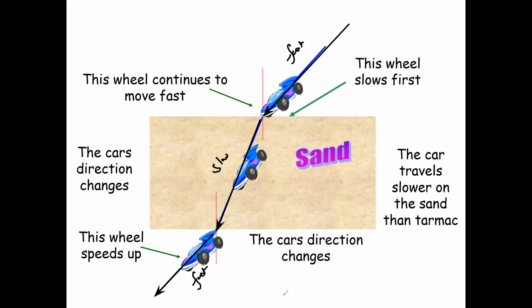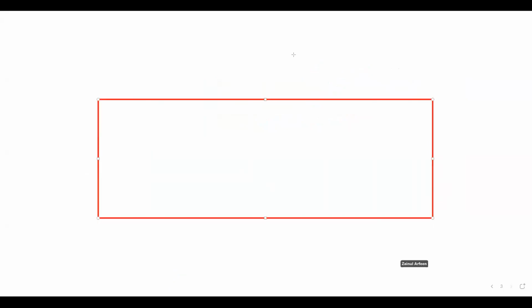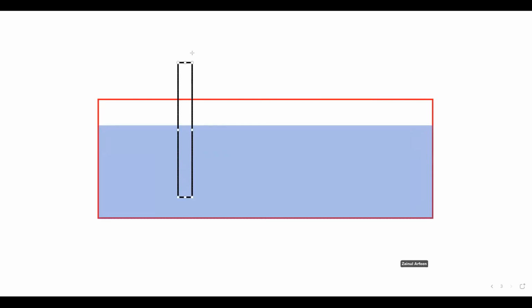So why does the object appear to bend when you're looking at it in the water? For example, this is a container which is filled with water, and there's a ruler or scale. So this is a scale or ruler. What happened? The two light rays